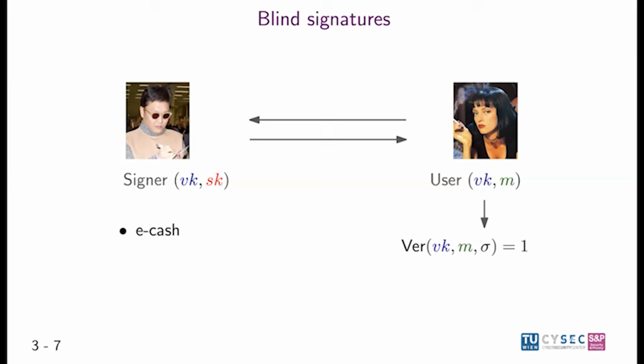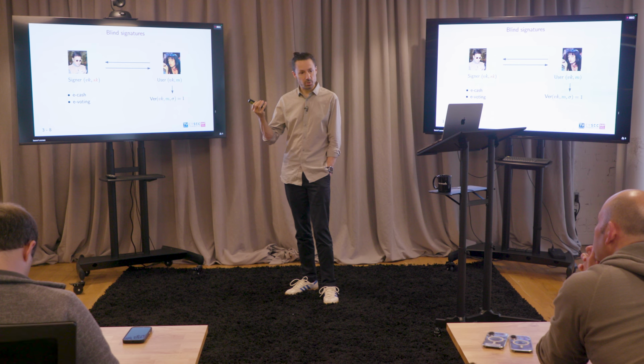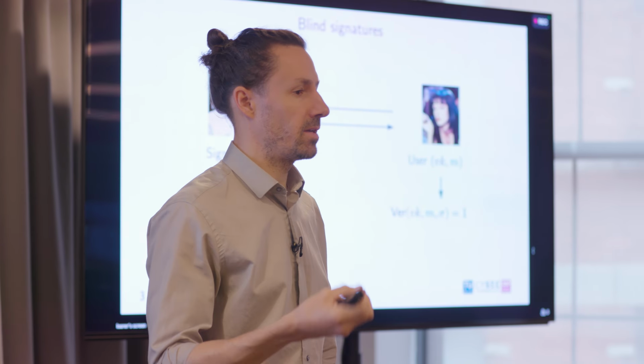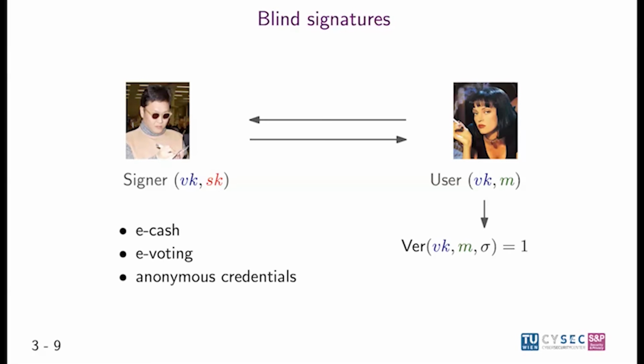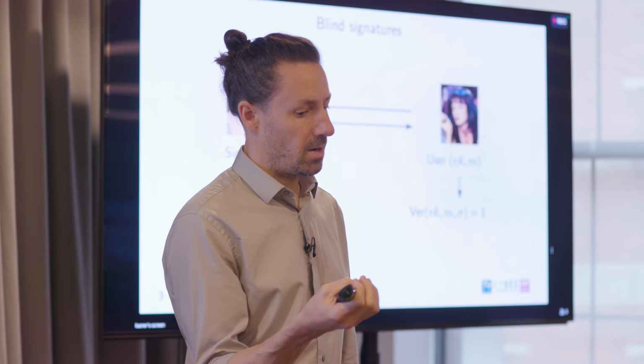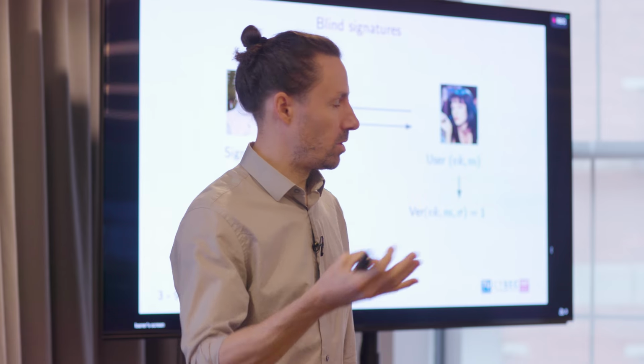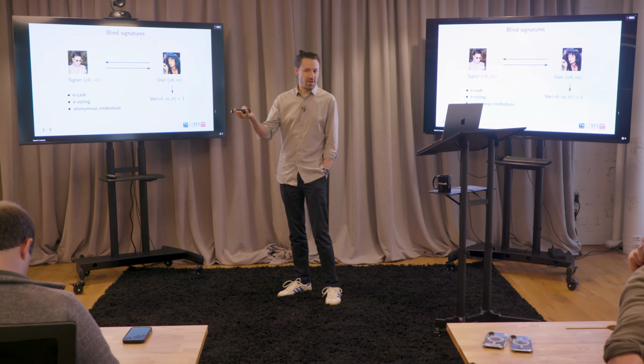Okay, what was this concept first introduced for? It was by David Chaum, using eCash, and I'll talk about this briefly. It was also considered for e-voting. So for example, in a voting protocol, you identify to the voting authority, and then you get a blind signature on your vote, and then you can later cast it and it is authenticated, but the authority doesn't see what you voted. More generally, you can build anonymous credentials from it, which I guess a nice application would be to have a privacy-preserving ID, where when you go out to buy alcohol, you can prove that you're older than 21 without revealing your actual birth date.